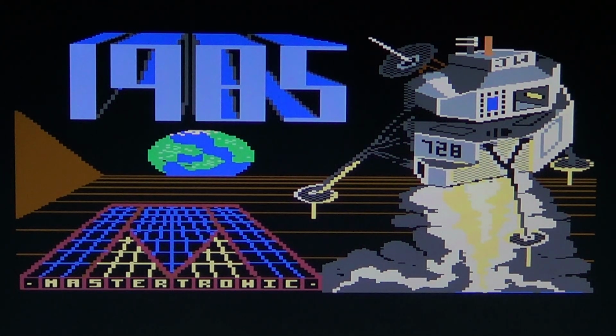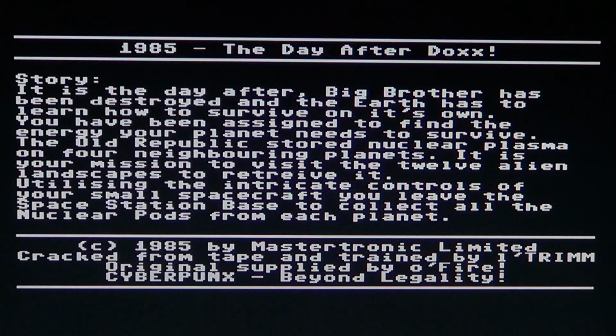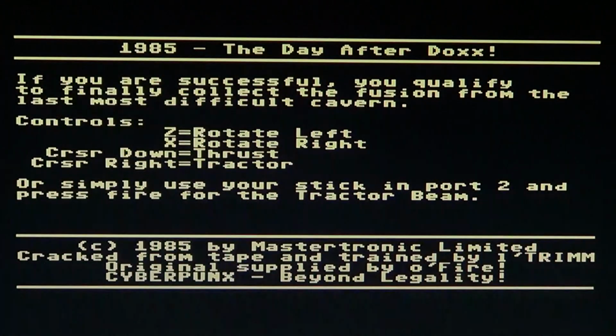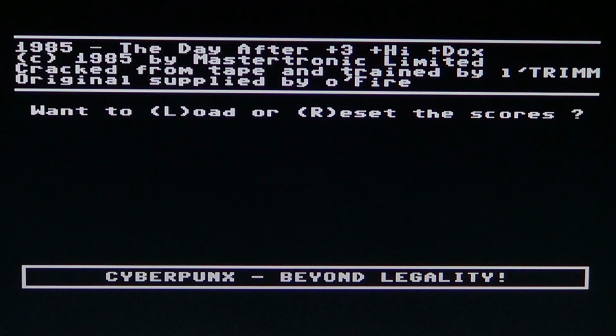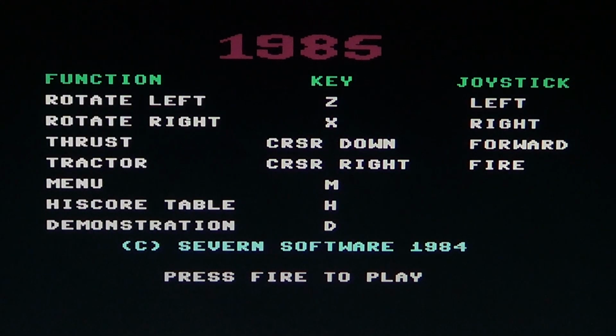So we'll start the game here by pressing the space bar. It's basically one of those little rocket type games. The intro screen's nice, but the rest of the game is unfortunately not very cool.